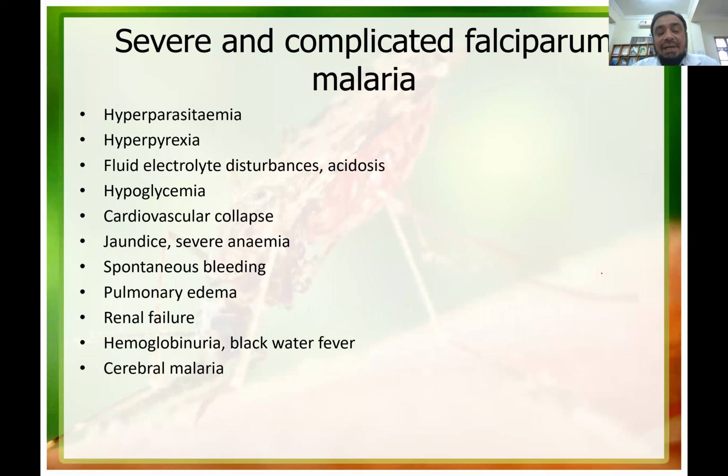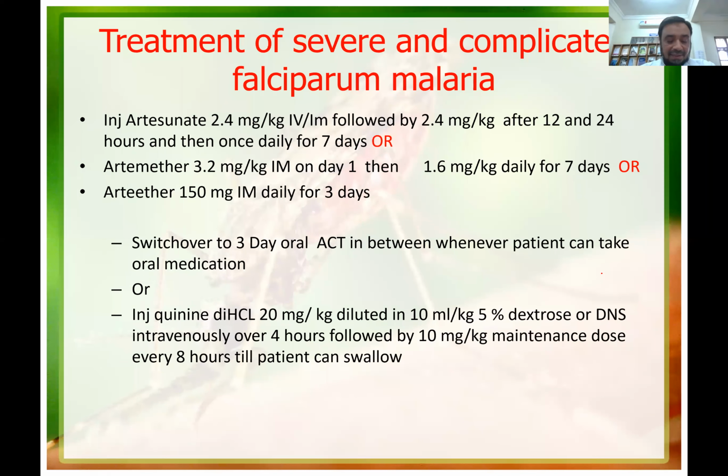So severe and complicated malaria, this is out of the scope of this lecture, but still just to show you what is the definition of severe malaria. If any of these things is present in case of malaria, then it is a severe malaria. That is hyperparasitemia, hyperpyrexia, hypoglycemia, cardiovascular collapse, etc. So for severe malaria, what is the treatment? The treatment of choice is